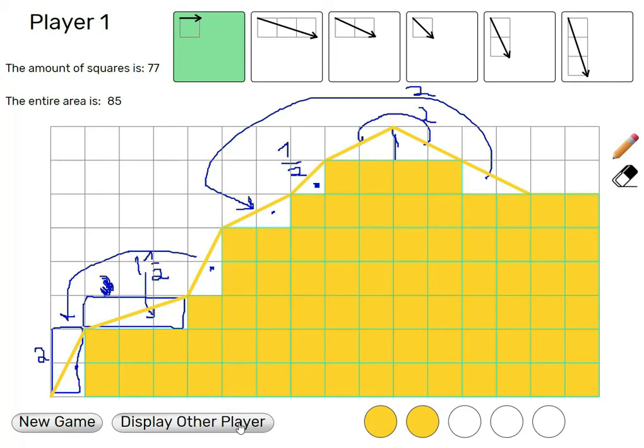Okay, now in the game, we'll go back to the other player and continue his or her mountain and calculate its area, but it's the same type of ideas. Okay, so we hope you enjoy this app and that the students will need to come up with these ideas as independently as possible,